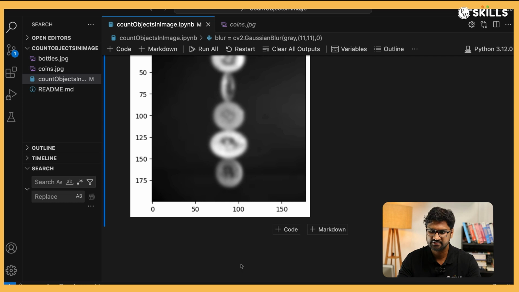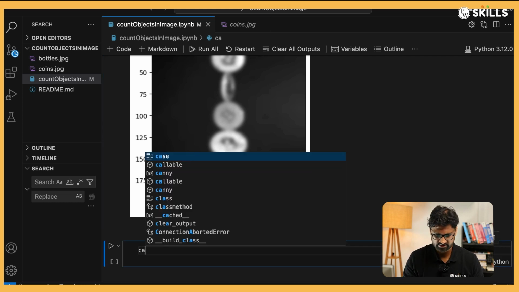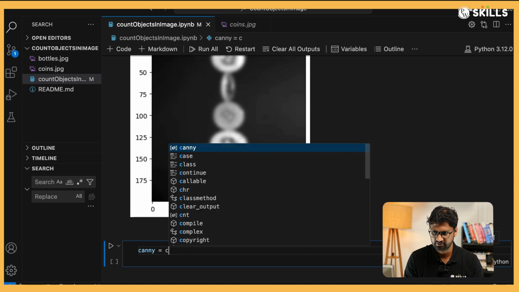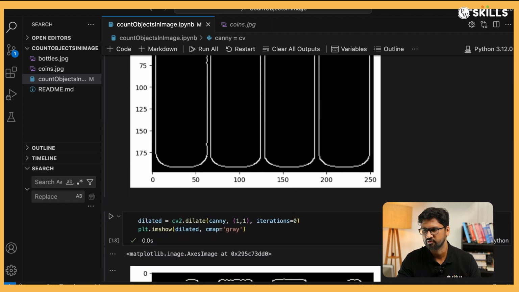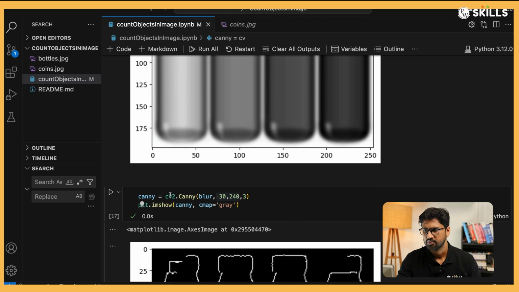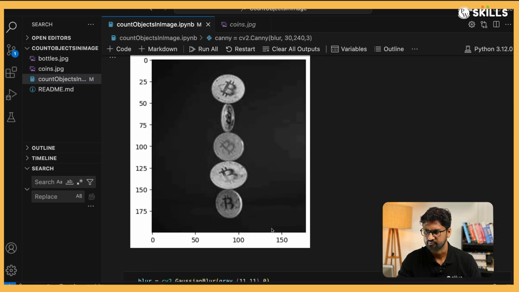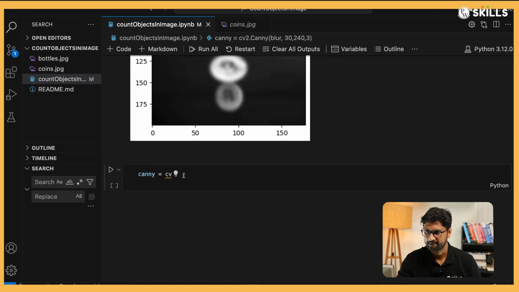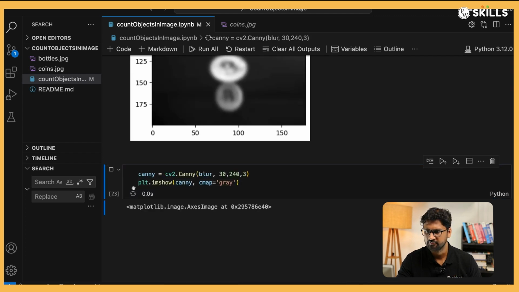Once that is done, the next thing is that we run the Canny edge detection algorithm, correct? So I say canny, and I say cv2.Canny. Just try to make use of the old code. So this is how we did it. Let me copy this. So here, if I run this,